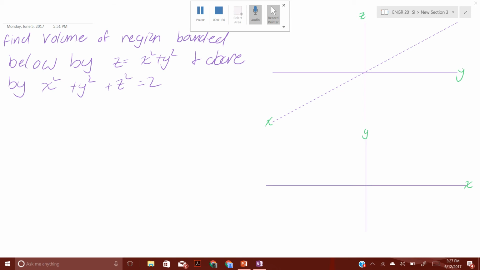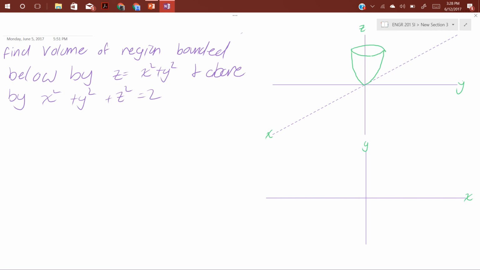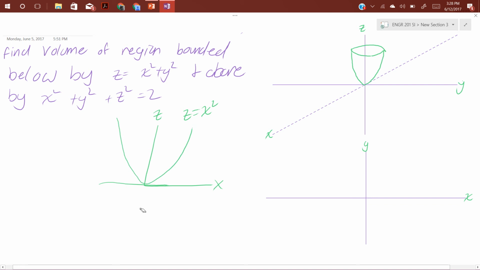So I'll go ahead and start drawing out the boundary. If it's bounded below by z equals x squared plus y squared, that means we're going to have a parabolic shape in both the xz plane and the yz plane. The reason I know that is because if you look at just the zy plane or just the zx plane, one of the variables would be 0. If we're looking at just the zx plane, y is equal to 0. So we say z equals x squared, which is almost the same as y equals x squared, with z taking the place of y, and we know this shape looks like this. So it's easy to say that we have a paraboloid,